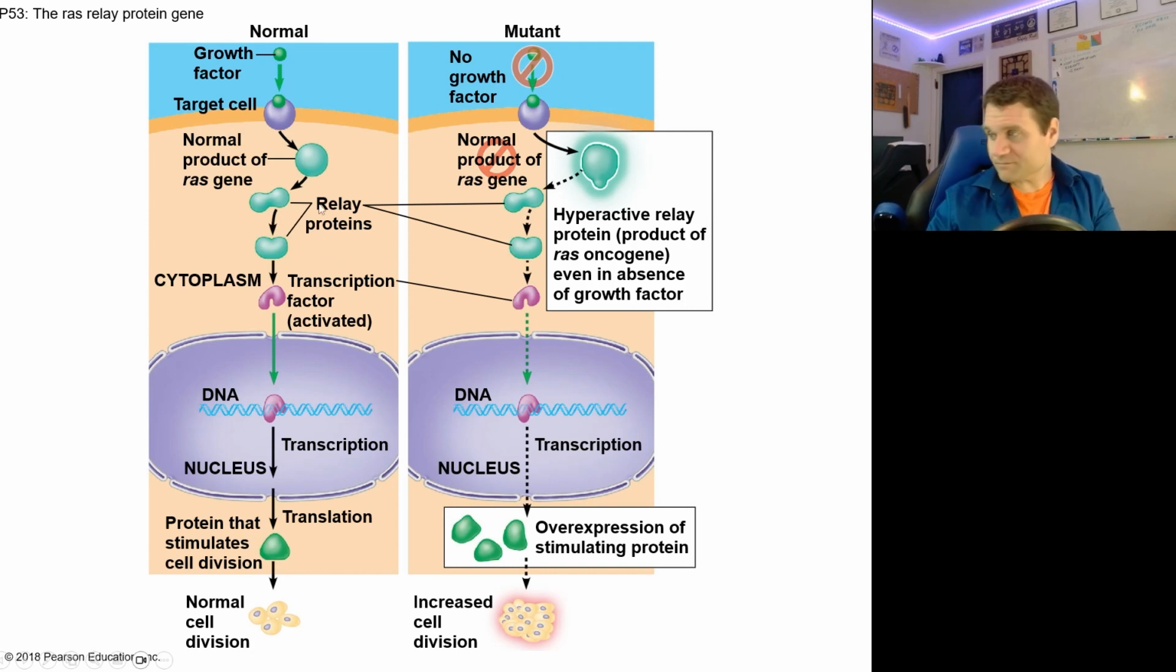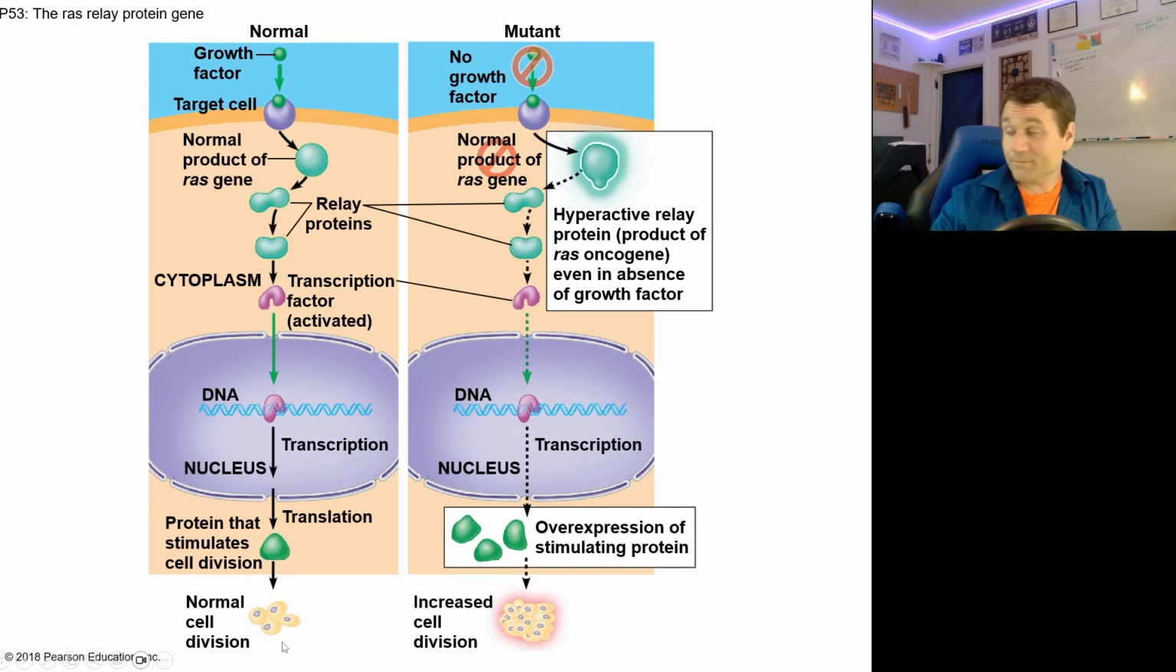Two different examples here. We have the normal situation where some growth factor would come in and attach to the target cell. Now it's a growth factor, so this is meant to increase cell division. And that receptor will release this relay protein, which is a product of a gene we call the RAS gene. That's what's going to be mutated in a moment. The relay proteins do what they do. They have a domino effect where they keep activating each other, and then they activate the transcription factors, which then cause certain genes to be transcribed and translated, and then that creates a protein which stimulates cell division,